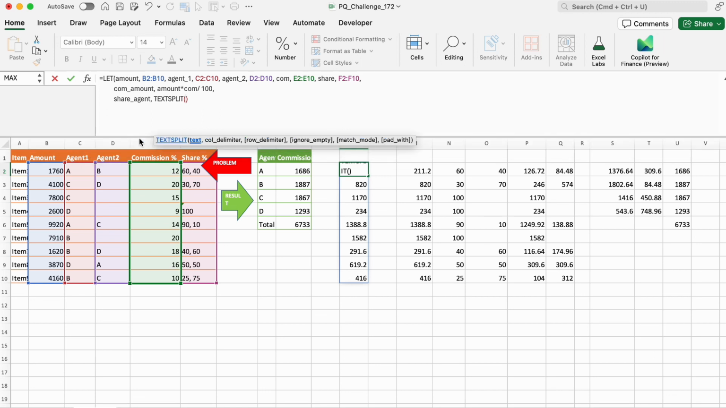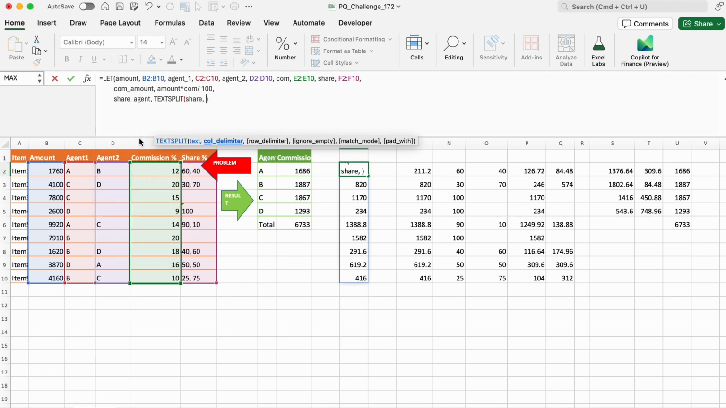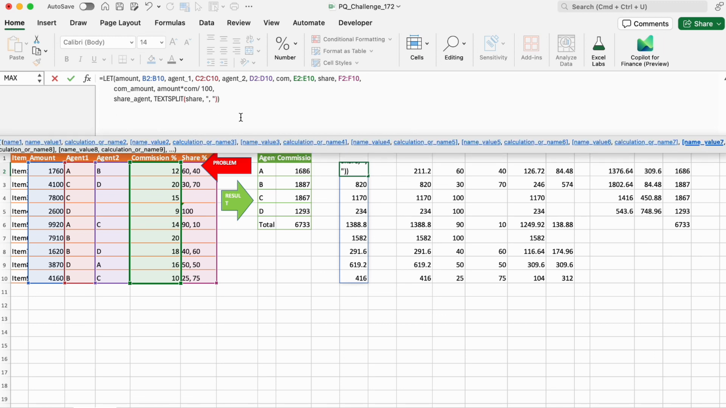What do we want to split into two? That's our share, that's the text. What do we want to split it by? Comma and space. So let's close our bracket. And remember the other time